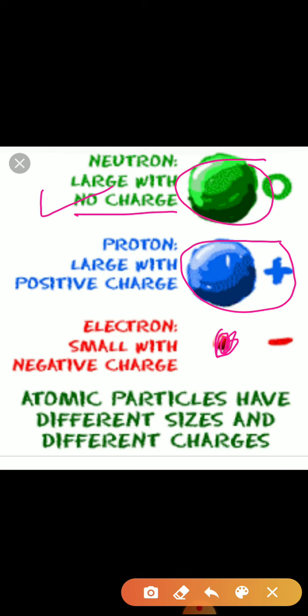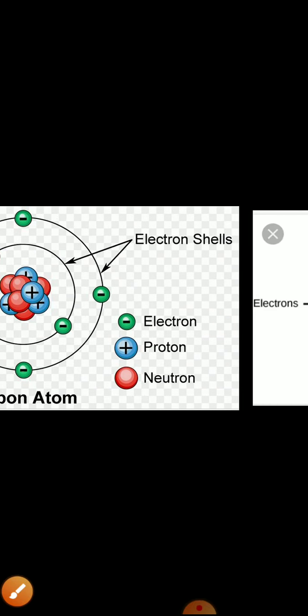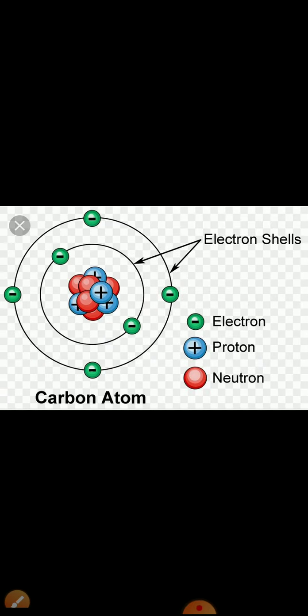Electrons are negatively charged and revolve around the nucleus in different orbits. Electrons carry negative charge and protons carry positive charge. The number of positive charges is always equal to the number of negative charges. Therefore, the net charge on the atom is 0, meaning the atom is electrically neutral. So these are the main points about atomic structure. Remember the structure of the atom, and you will understand how electrons, protons and neutrons are arranged in the atom.